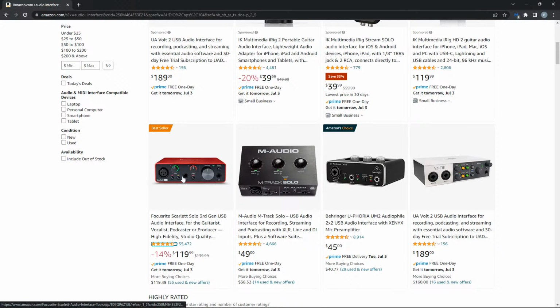This is all you would need starting out. You don't need what I got. That's just what I got. But for you as a beginner, you want to start out, get this. I would look at all these other ones, but Focusrite is a good brand, man. I mean, you can't beat it. So we're gonna put $119 for your audio